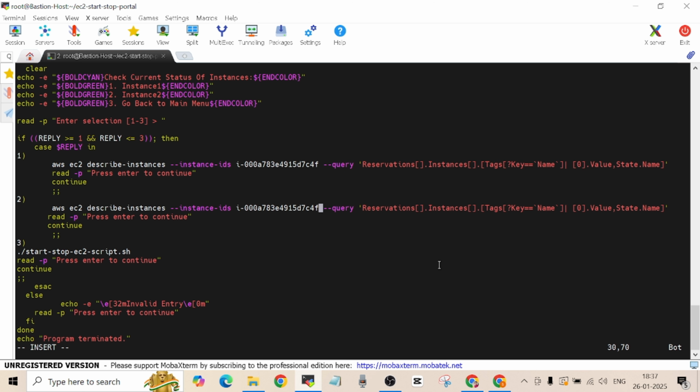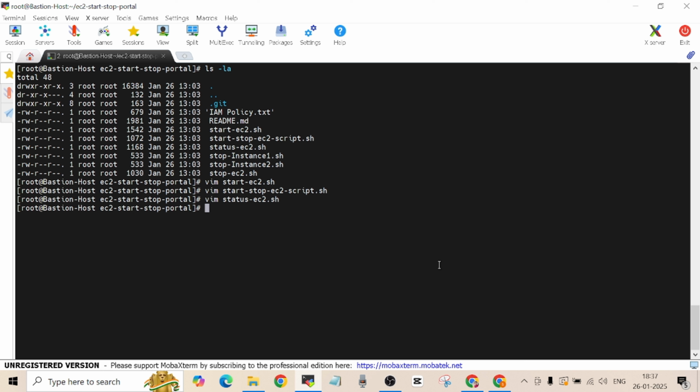Paste. This is done. Save and quit. Right, status is done. Next is stop instance 1. So let's open it again. Let's open this stop-instance1.sh script,